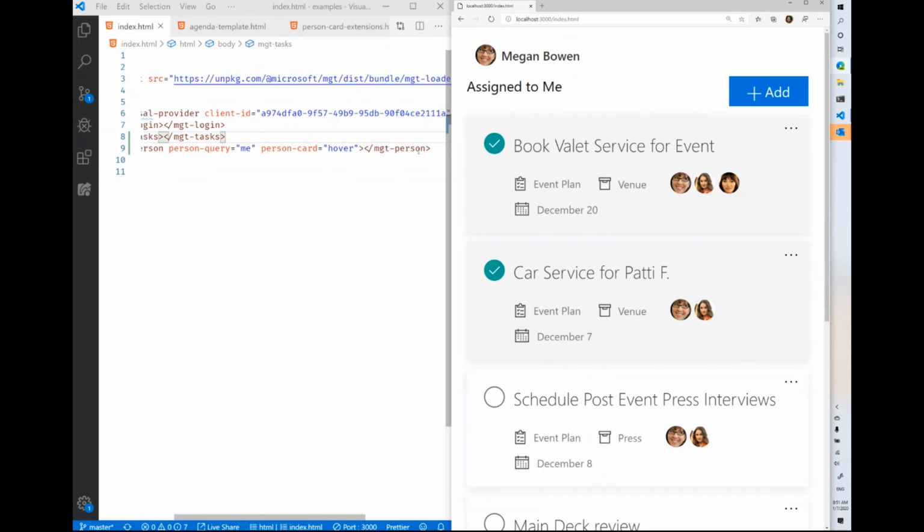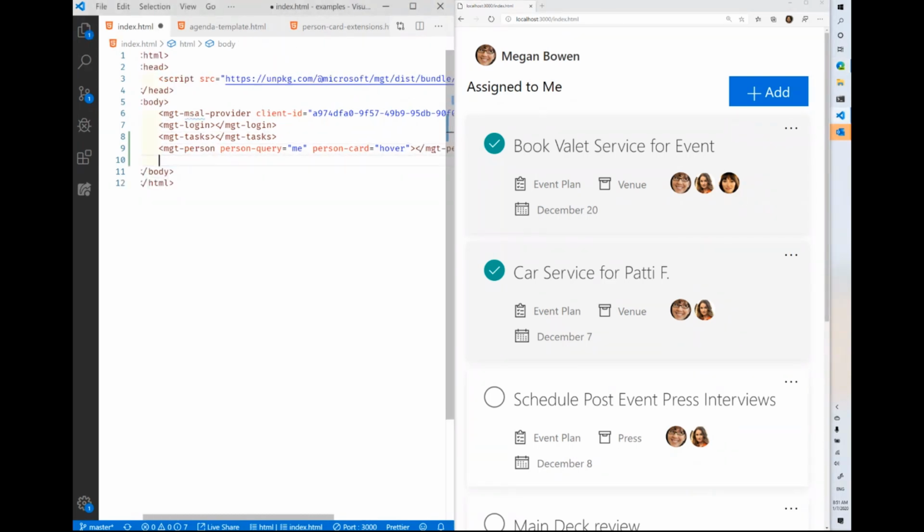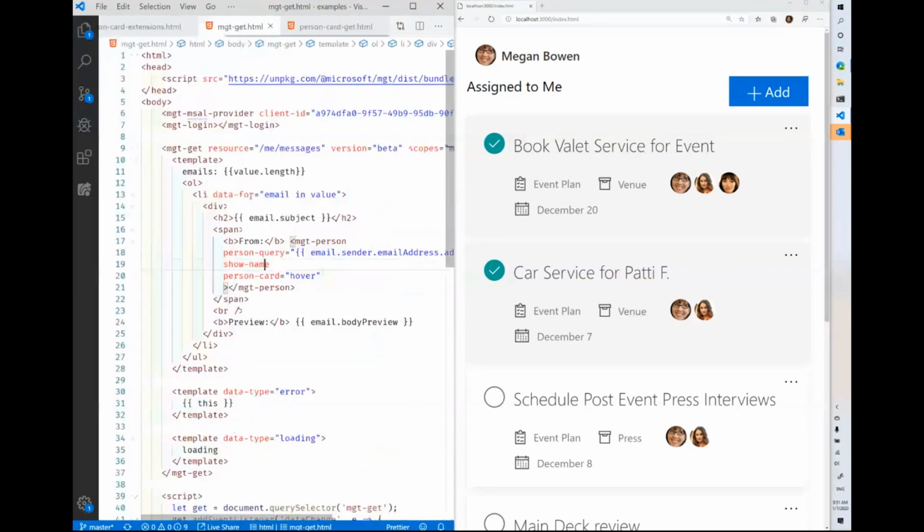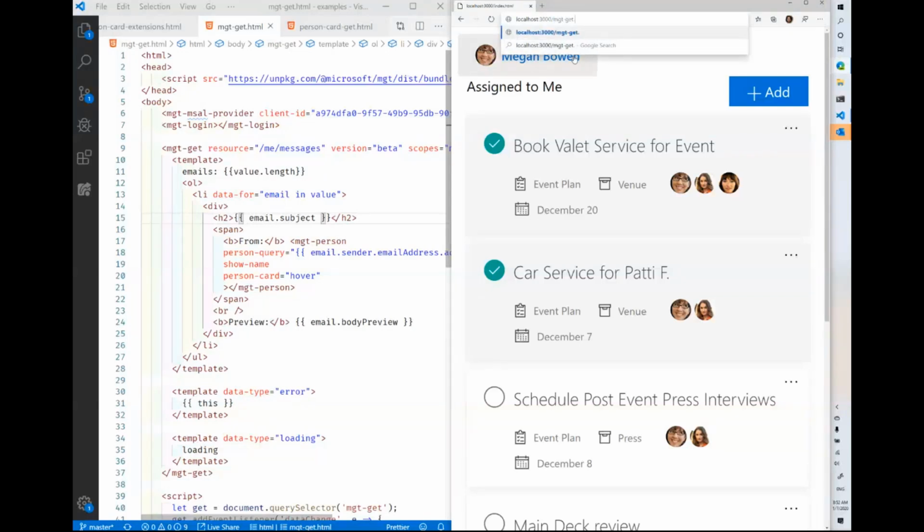Just a quick touch up also on another component that was added in 1.1, which I think is important for this audience. The reason why this component was added is because this is feedback we got on a previous community call. And that was to add a component that can do random calls to the Microsoft Graph. And we added the MGT get component, for example, that can take any resource from the graph and grab the data and display it inside of your UI without actually having to write any JavaScript code. So for example, if I go to this MGT get.html,